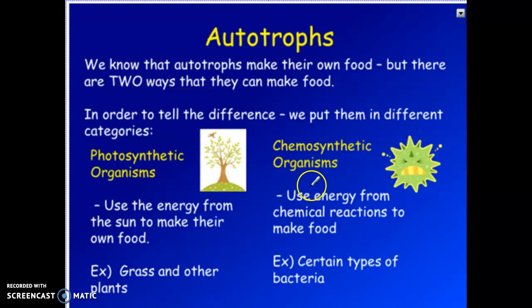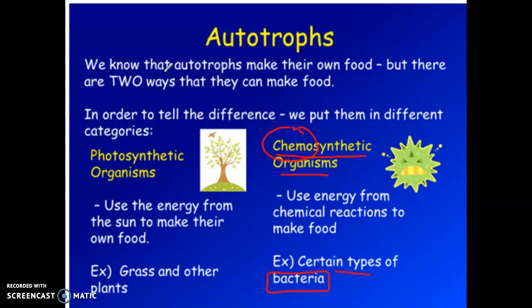There is another type of producer that we don't really talk about often because they're not seen or looked at as much in food chains and food webs. Those are organisms that can do chemical reactions to make their food. Not a lot of organisms can do that. Different types of bacteria can create their own food, so they're also autotrophs, but I'll be honest, it's only certain types. Not all bacteria can fall under this. Most bacteria actually are consumers. It just so happens that there are some that can do that. We call those chemosynthetic organisms.